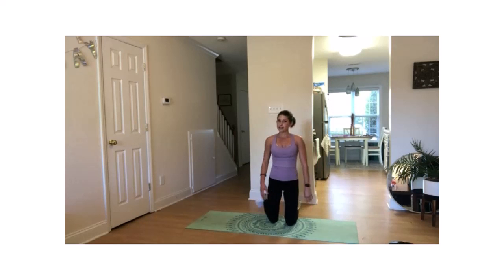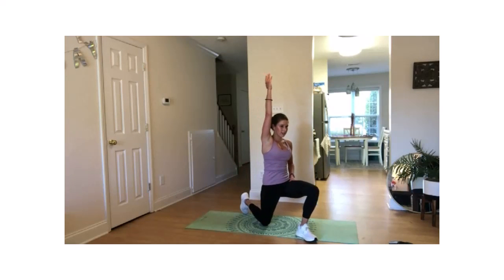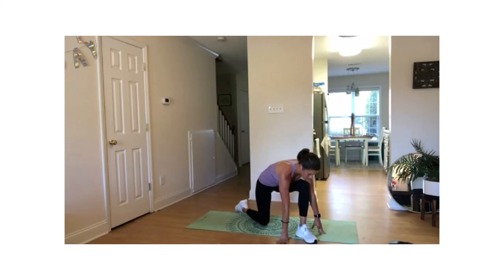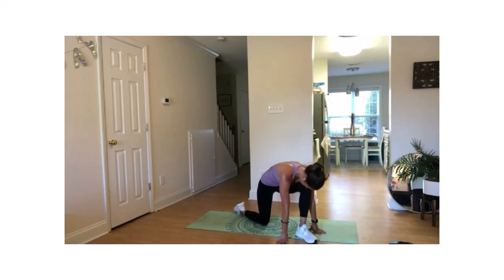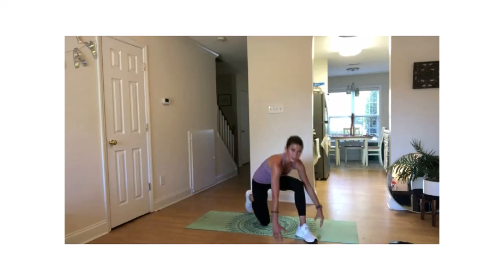Let's go ahead and switch legs now. Same thing. Nice big reach overhead. Then bring your hands down to the mat. Feel free to stay here